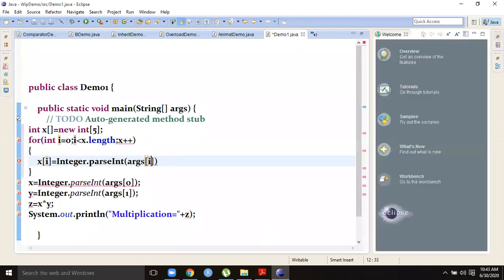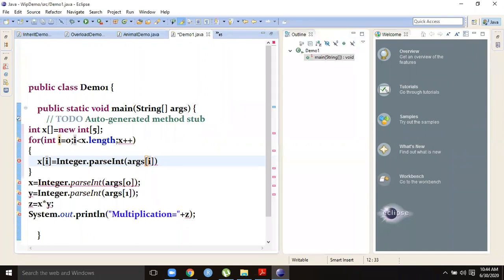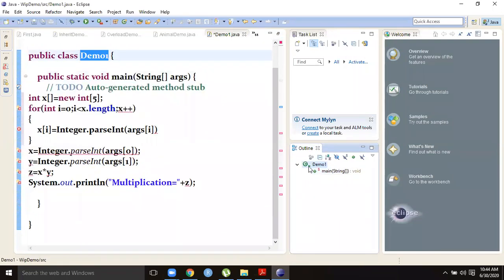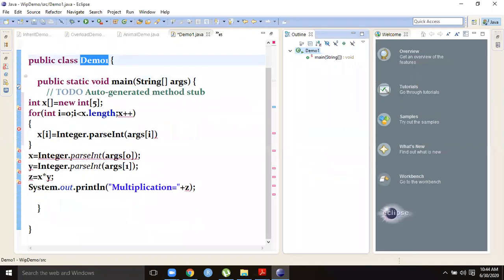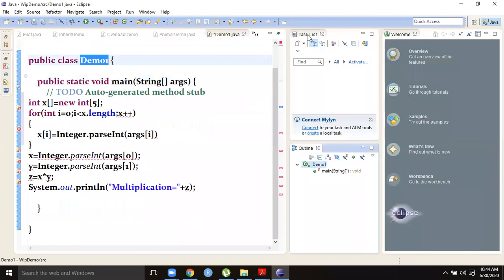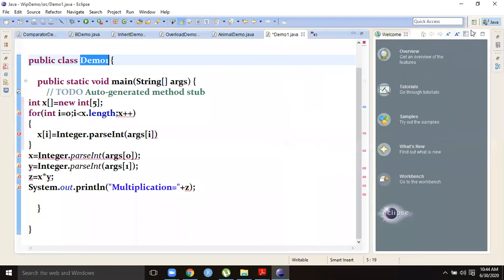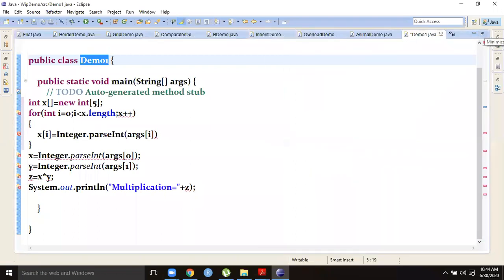You see which perspective you are using, whether it is Java SE, since we are writing general programs.